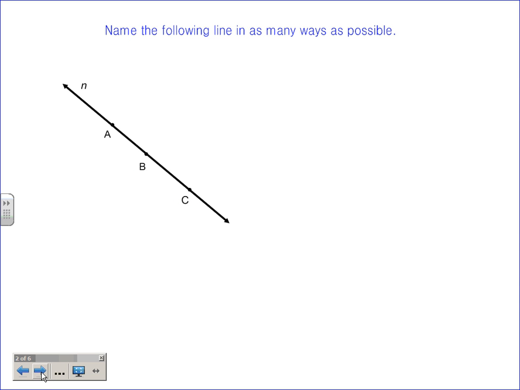So name the following line in as many ways as possible, and there are a lot. As you've probably figured out, I've said it a few times already, and we're only in the third week of school. Mathematicians are inherently kind of lazy because we always try for shorter ways or easier ways of doing things. Okay? So we work hard to work less, if that makes sense. One of the easiest ways to do this one is, you notice we have some dots here. We have some points, right? We have A, B, and C are points.